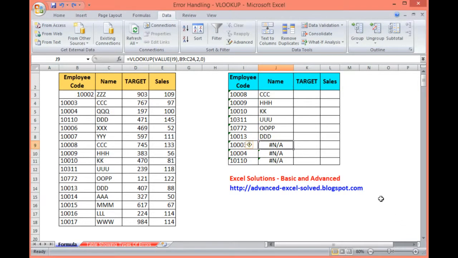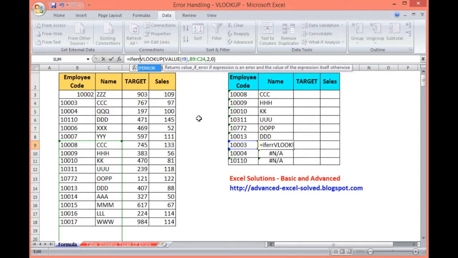How to clear it? Let us see. So I will use another function, and it is IFERROR. It is the simplest formula function to use. Write IFERROR, put a tab, go to the end of this formula. You can click here by mouse or press the down arrow, it will go to the end of this formula,